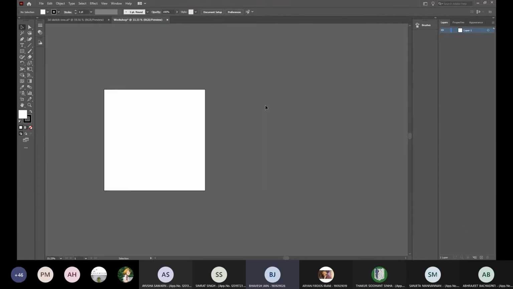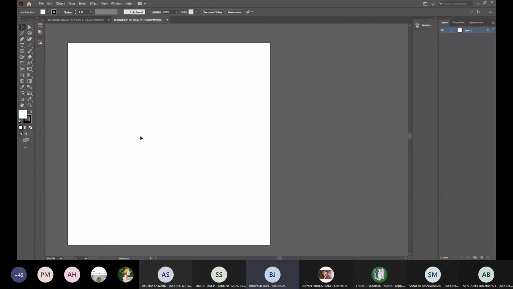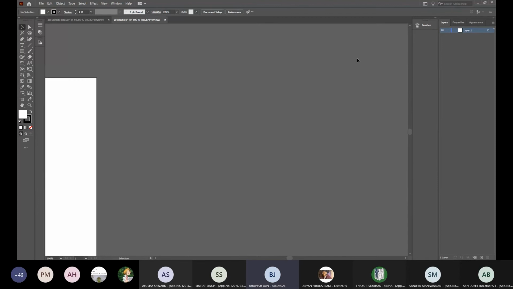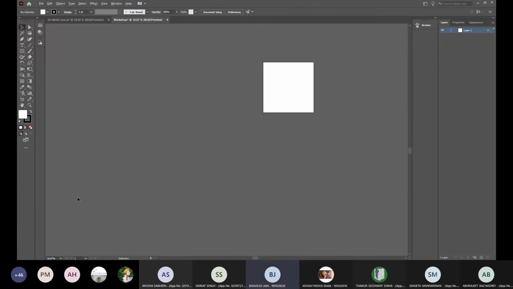Okay, now coming to zooming, because many times you will have to zoom in to see your artwork from a closer point of view. So either you can hold down Alt and scroll. So it will zoom at the point where you're scrolling in. See, if I put it here and I scroll, I zoom into this area. You can see the number moving up. This number will go up if I zoom in, and if I zoom out, it will reduce.